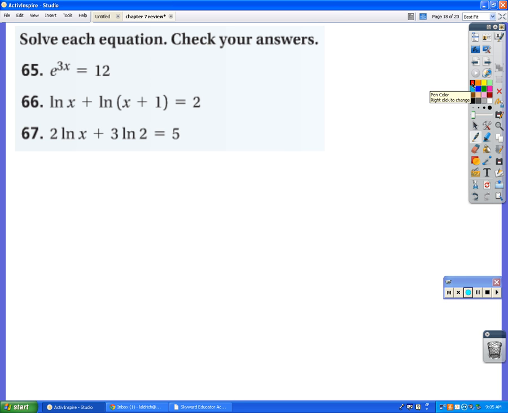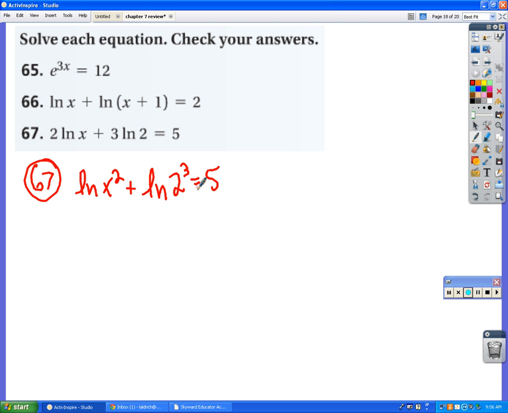All right, 67. Just like with the other ones, we need to start by combining this into a single log before we apply the definition of logs. So 2 natural log of x is really natural log of x squared, plus 3 natural log of 2 is really natural log of 2 to the third,